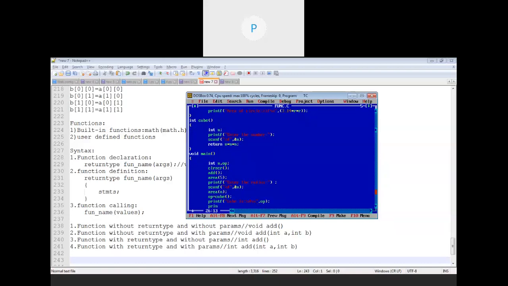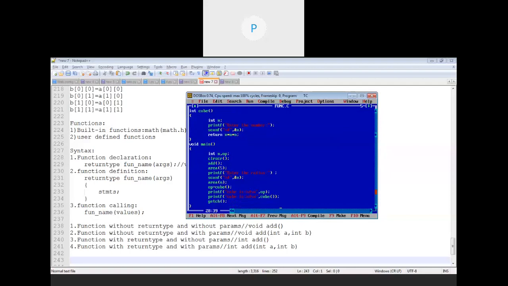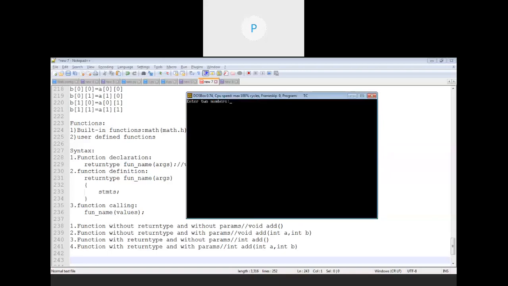And another way is, because this function directly returns the output, you have the option to call that function directly within printf also. Comma, I can write cube. There is no need to call that function separately and store the output within a variable. You can call it directly within a printf, just like I have invoked some of the string functions directly within a printf command. The same way.